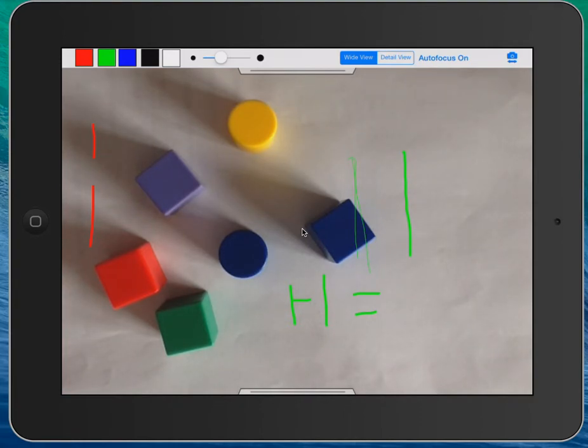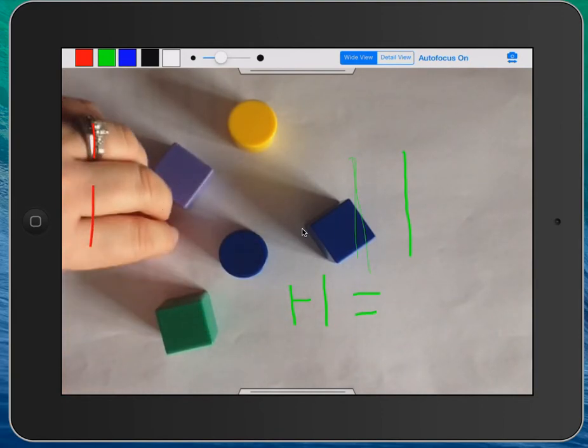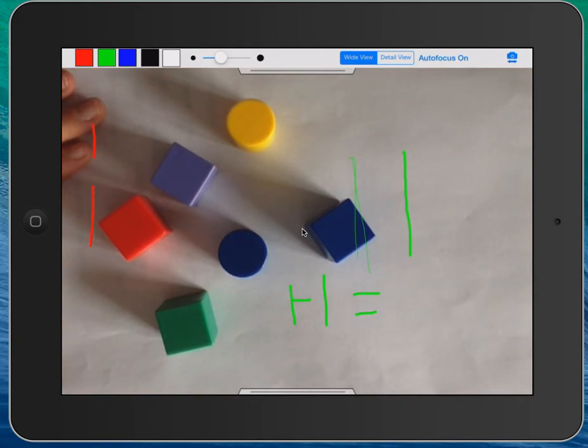So those are, I think, some real basic features to this app that give you a start on ways to use it. Again, this is the free version, and really for today we were just looking to get you started with using it with your document stand as a way to project and still be able to illustrate and write while projecting, especially with math manipulatives or other things that you're putting down for student use. I know here I used all manipulatives, but you could put a document here and highlight on the document what you were doing, or students' work. If a student had text that they had written, you could put it up there and discuss it, and